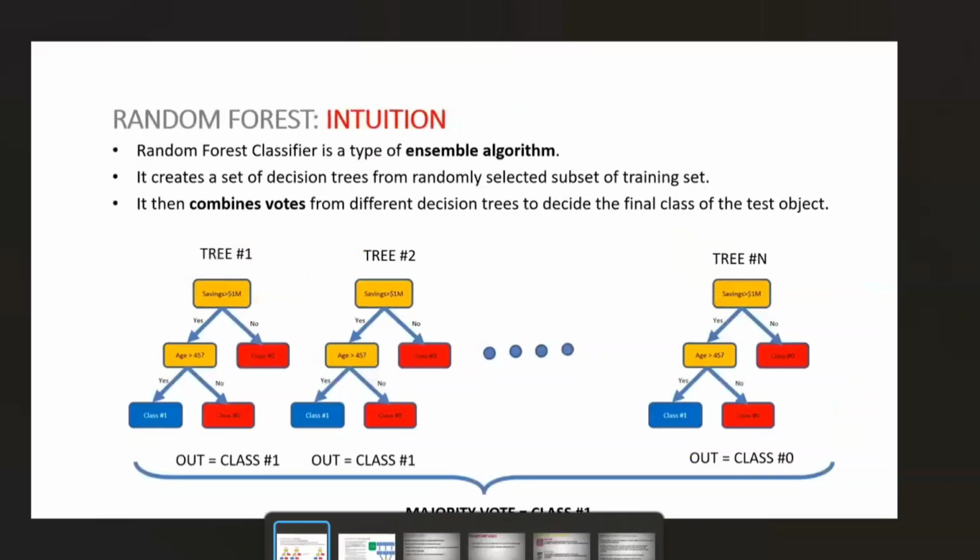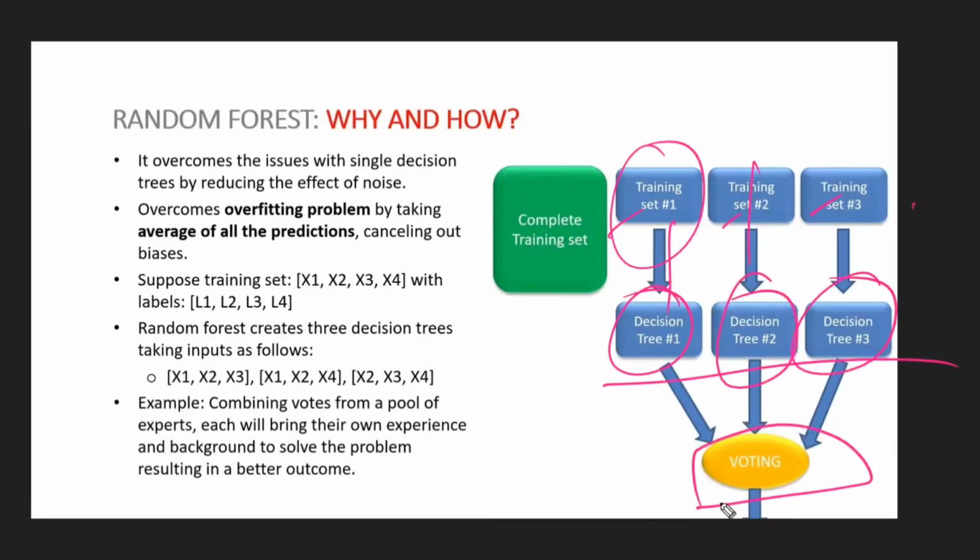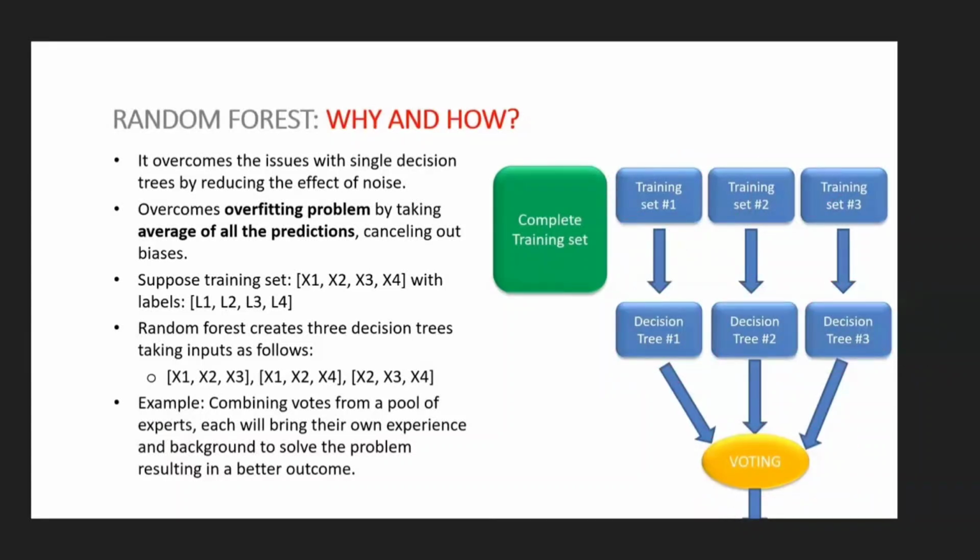First, it will create the multiple subsets. These subsets are created based on bootstrap equal to true or bootstrap equal to false, with replacement or without replacement. According to that, it creates multiple subsets of data, and for each subset of the data, it creates one tree. It then combines all the trees by applying the voting technique. Is that clear? Now, we'll see the same thing with respect to the coding.